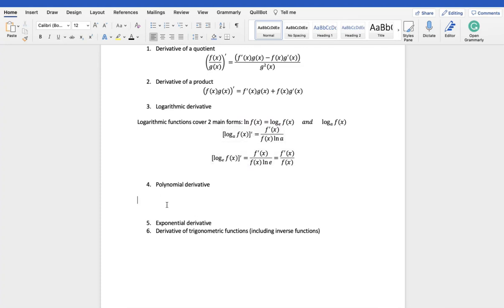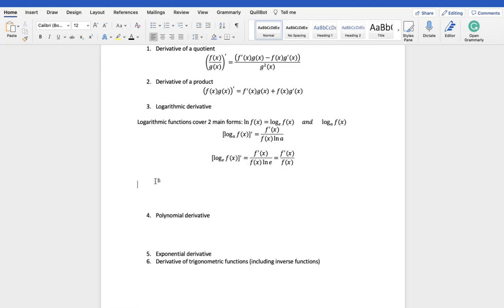Also, just to mention, these logarithmic derivatives are also very helpful in cases where you're trying to find the derivative of some function f of x to the exponent of some